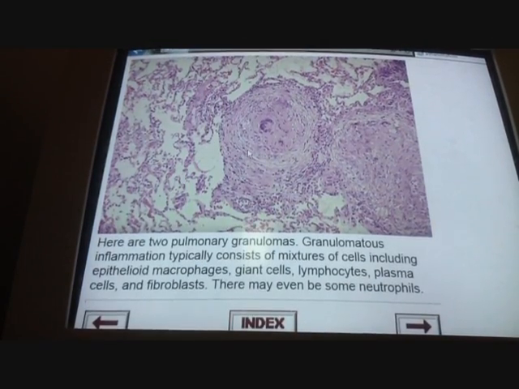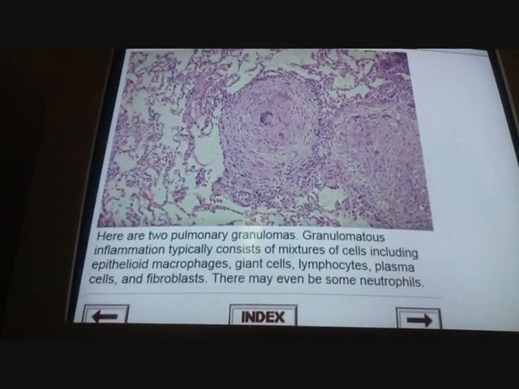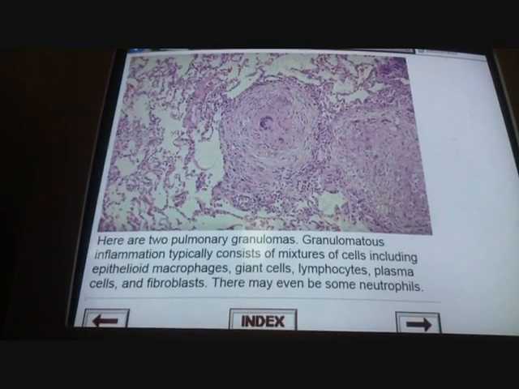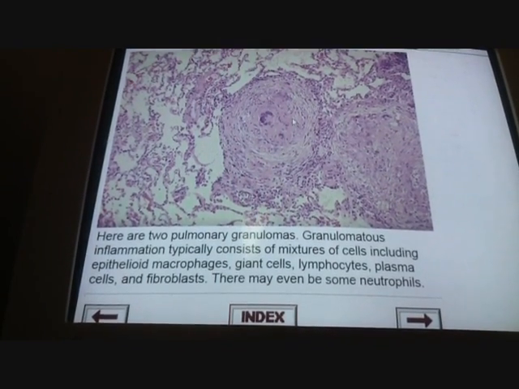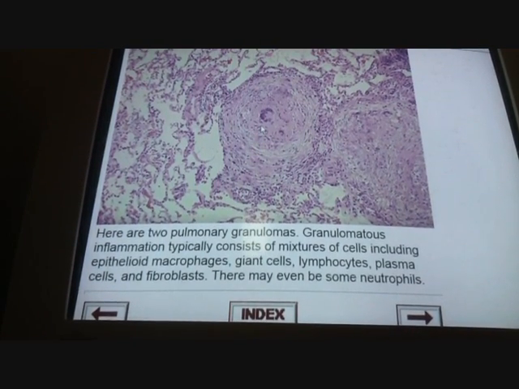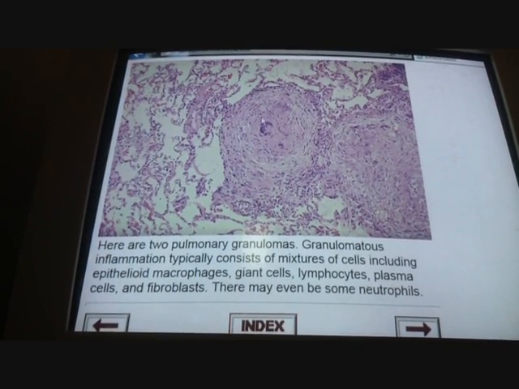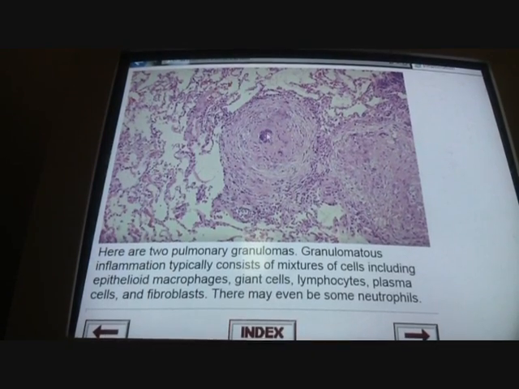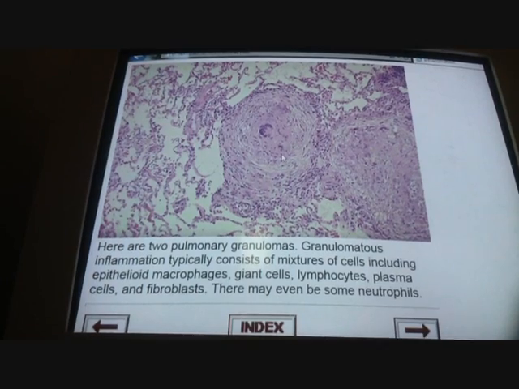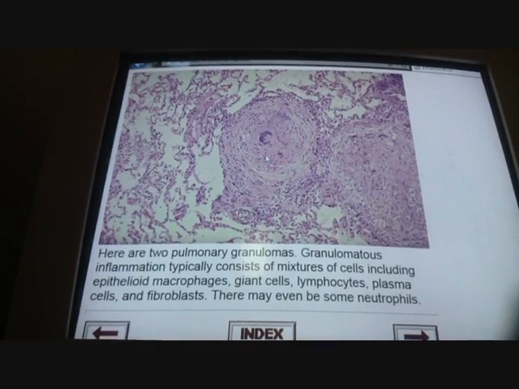If we take a look at a better view at the granulomas, here we have this well-circumscribed granuloma, and here we have another granuloma. So we have two granulomas. The granulomas are usually formed by what we call epithelioid macrophages. Epithelioid means that they resemble the epithelial cells. They have the cytoplasm of an epithelial cell, but they are actually macrophages. So we have epithelioid macrophages, we have lymphocytes, plasma cells, and fibroblasts, along with